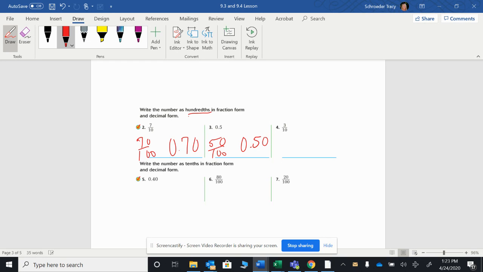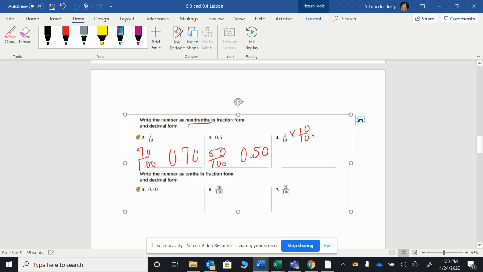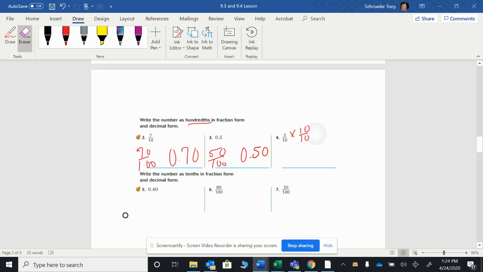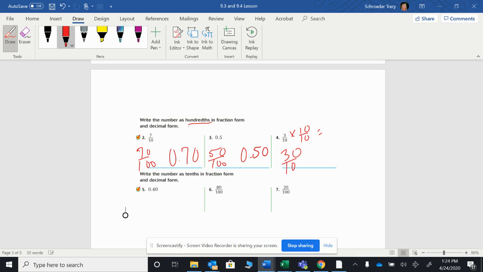And my last one, 3/10. Remember, my goal is to multiply. I'm increasing it to 100 or hundredths. So I want to multiply it by 10 over 10. And when I do that, I come up with 30/100ths, or as a decimal, 0.30. In 5, 6, and 7, it's the opposite. I'm going to write the number as tenths. So I'm going to